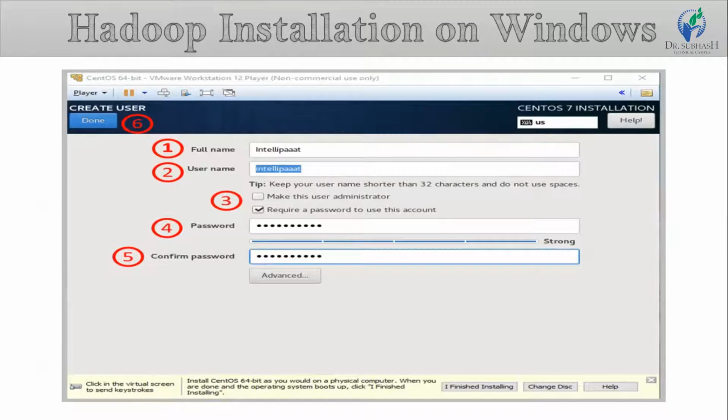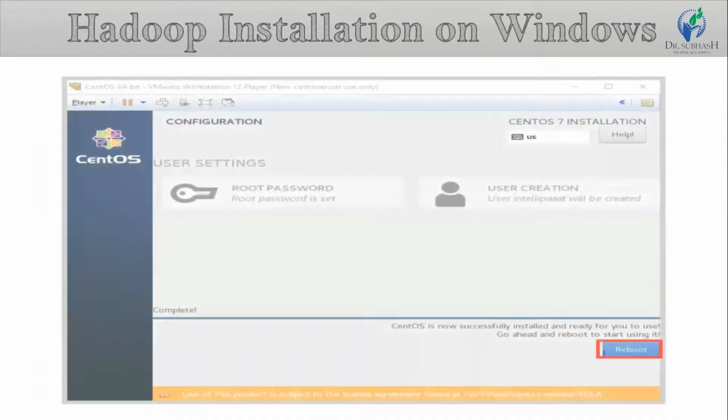This generally comes up automatically if you have not entered it. Third, you can either make this password based or make this user an administrator. Fourth, enter the password. For the fifth, you confirm your password, and sixth, finally click on done.